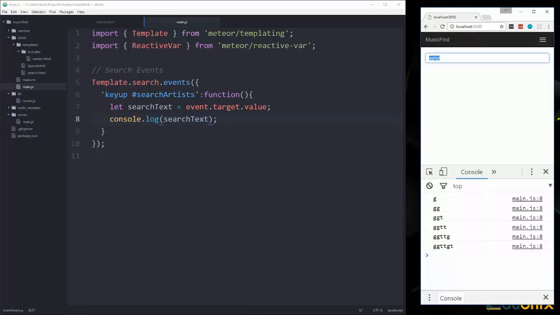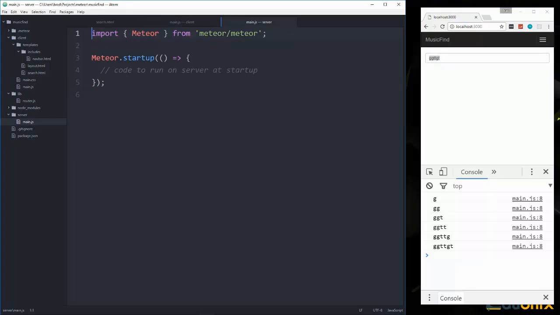Now, all of our API calls, all of the interaction with Spotify, is going to go through the server, so it's going to go through the main.js file. So let's go ahead and open that up, and we're going to use something called methods. Okay, so we can define different methods that we can call from the client. So I'm going to get rid of this Meteor startup. We don't need that, and we're going to say